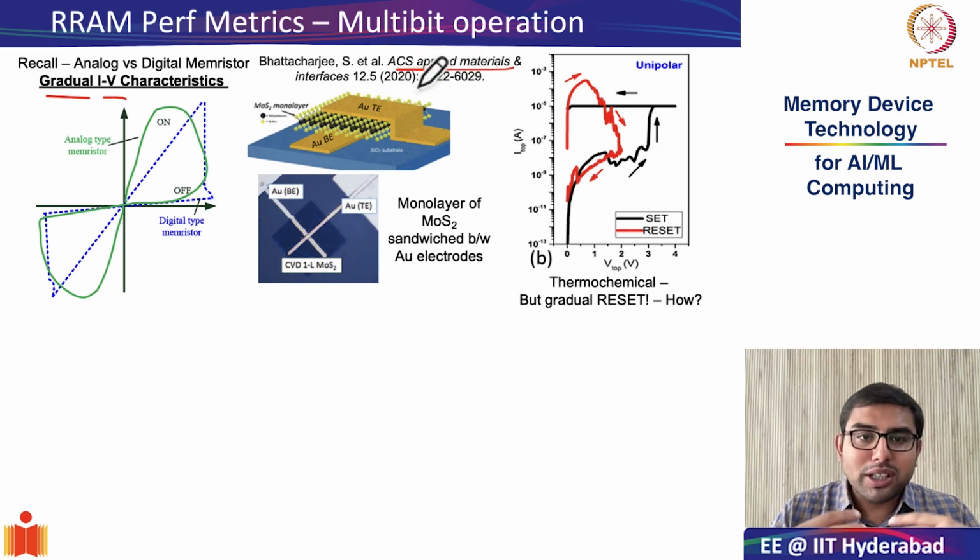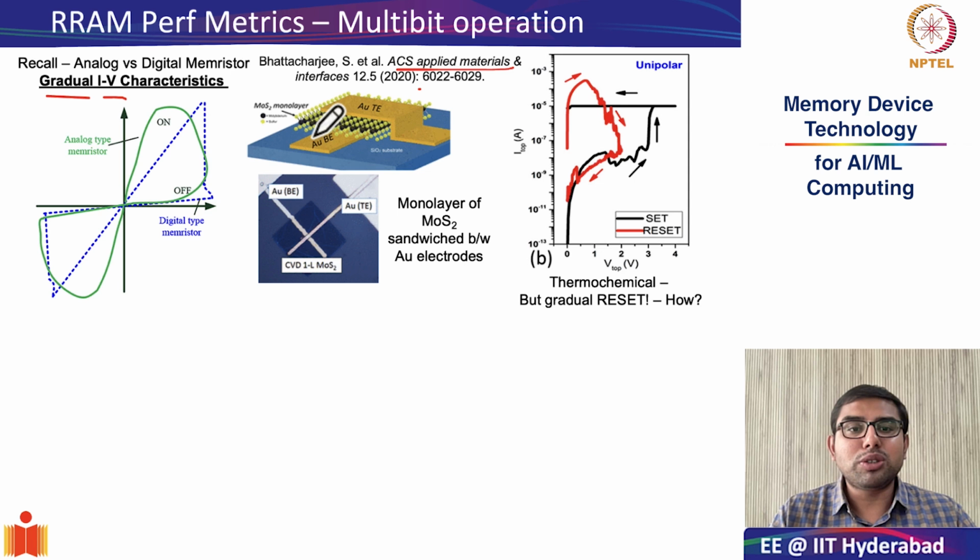I find that this paper is very interesting because for the first time we had shown that you can achieve multiple resistance states in the thinnest possible RRAM. How did we achieve the thinnest possible RRAM? We did that by sandwiching a monolayer of moly sulfide. So moly sulfide is a 2D semiconductor. Two-dimensional materials are these materials which have almost no height. So this moly sulfide had a height of just 0.7 nanometers.